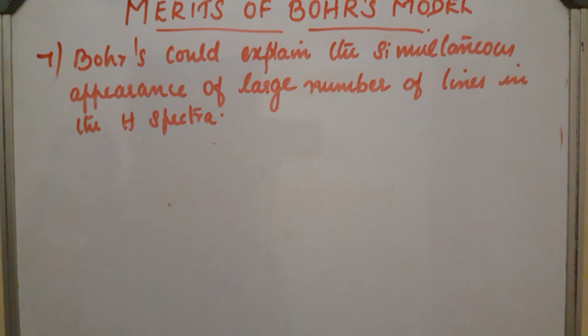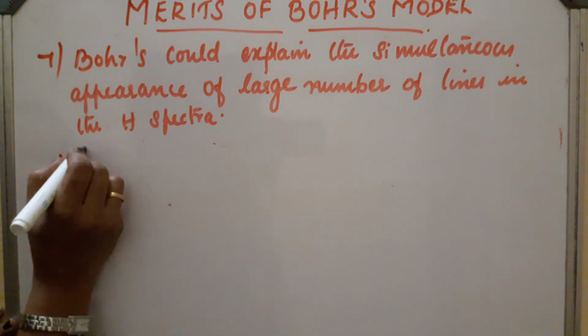Next, the seventh point: Bohr's model could explain the simultaneous appearance of a large number of lines in the hydrogen spectrum. How can we explain this? We know one atom contains one electron. So different atoms are present in hydrogen, and a large number of electrons are present in the hydrogen sample. So when electric discharge takes place,